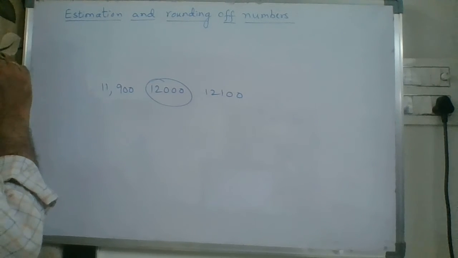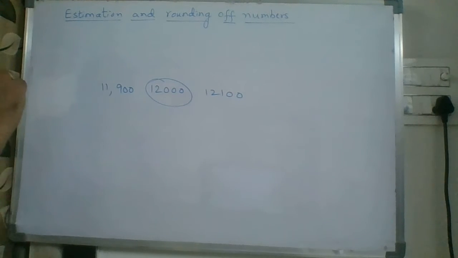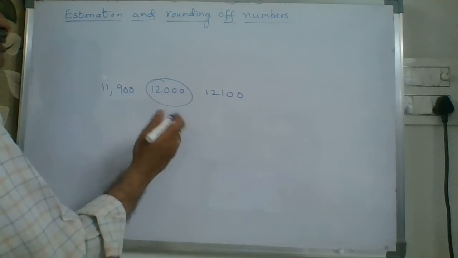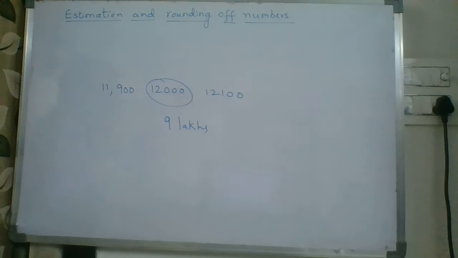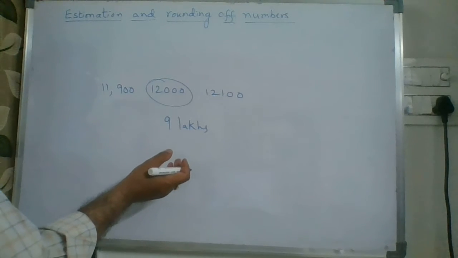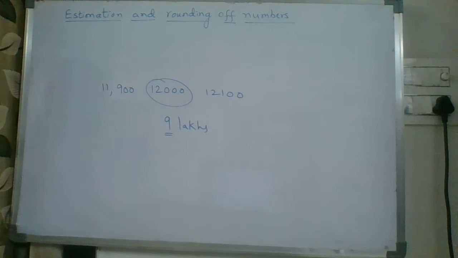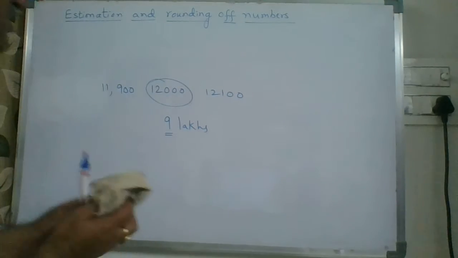Another example, suppose in the SSC exam, the number of candidates who appeared was 9 lakhs approximately. It means it can be a little less than 9 lakhs or just more than 9 lakhs. So for our convenience we round off to the nearest place. This is called rounding of numbers. We can round off the numbers to tens place, hundreds or thousands. Let us see how.